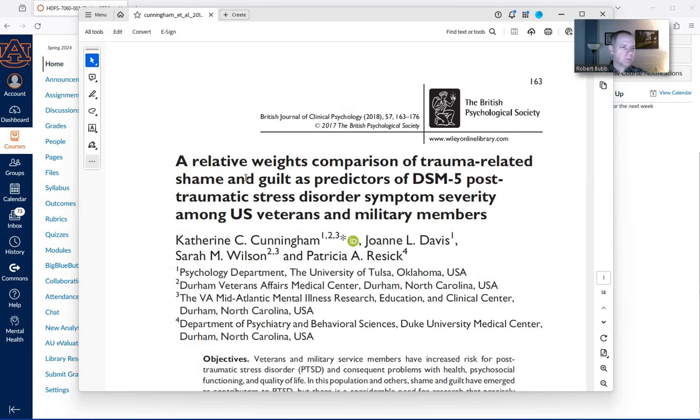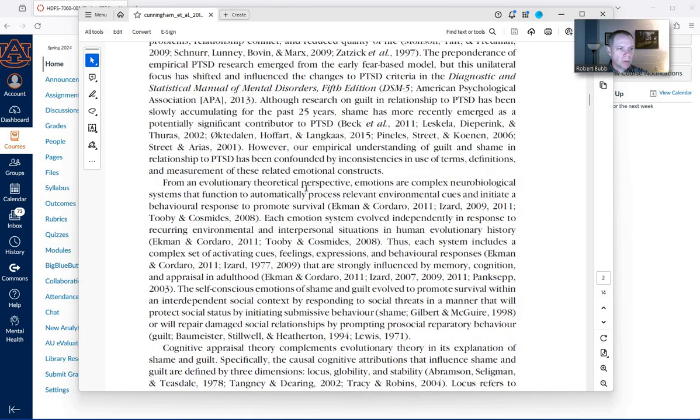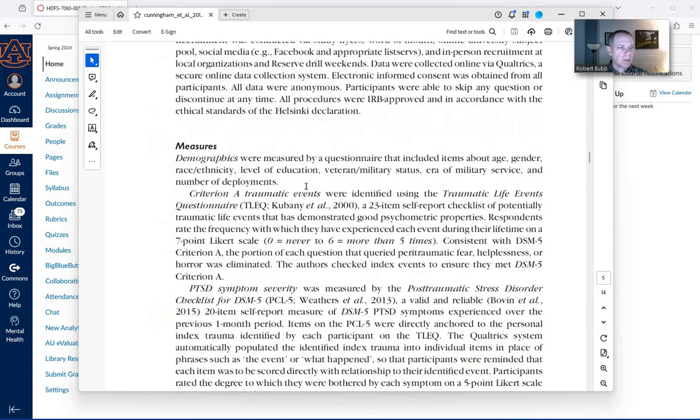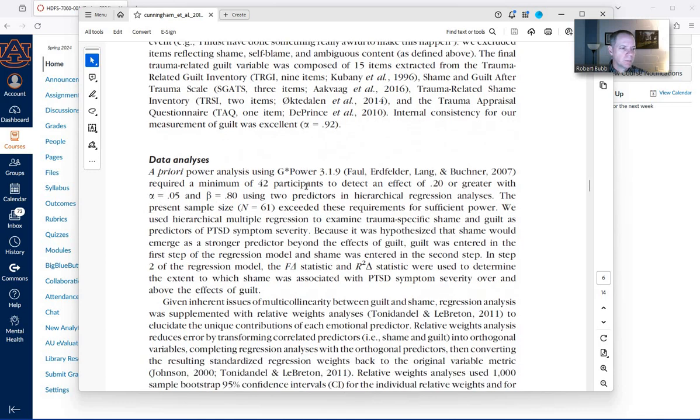See if I can pull that up here. So, relative weights comparison of trauma-related shame and guilt as predictors of the DSM-5 post-traumatic stress disorder symptom severity among U.S. veterans and military members. We really want to be looking at this particular paper because our method section, if I can get down there,